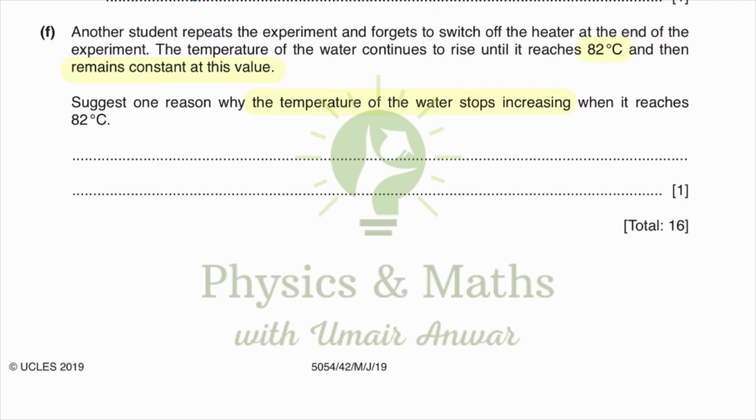But in case of water, this is not the case here, because the boiling temperature of the water is around 100 degrees centigrade. So the temperature of the sample is clearly lesser than that point. The other reason could be the heat gained by the water is equal to the heat lost by the water, and that is why there is no difference in the temperature being seen. So this would be the correct answer here. So I'm writing heat loss is equal to